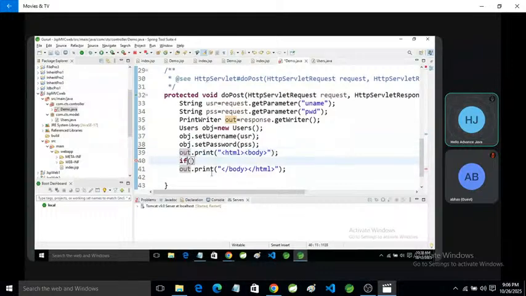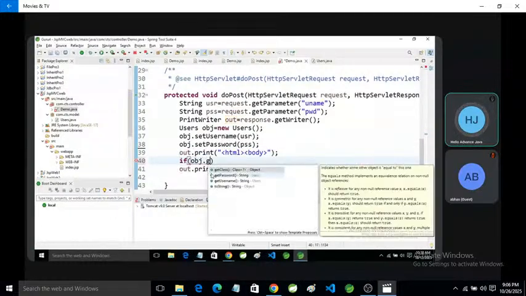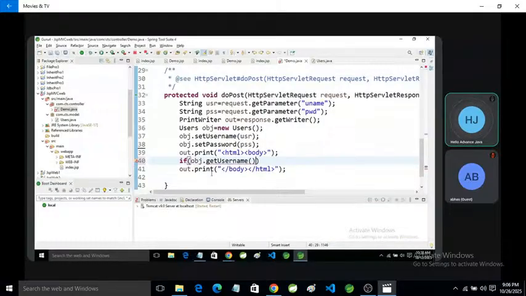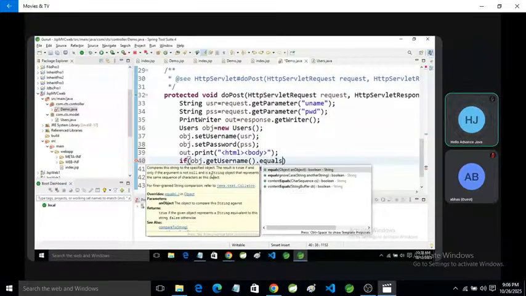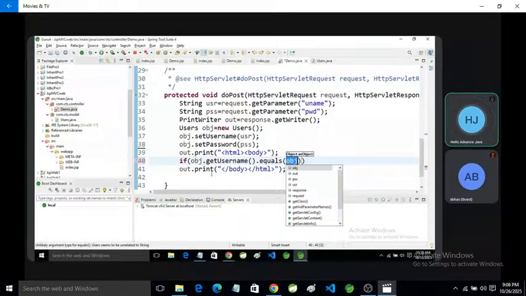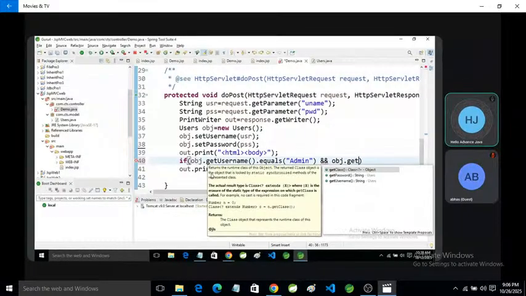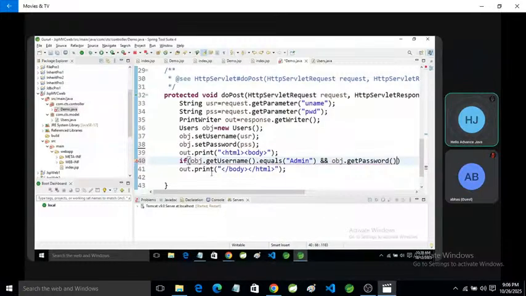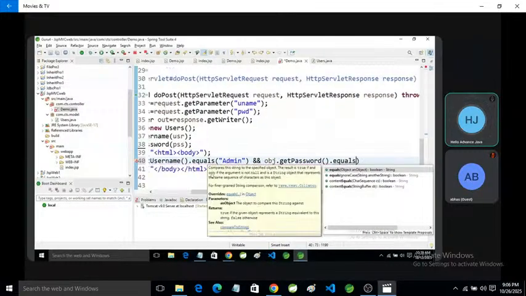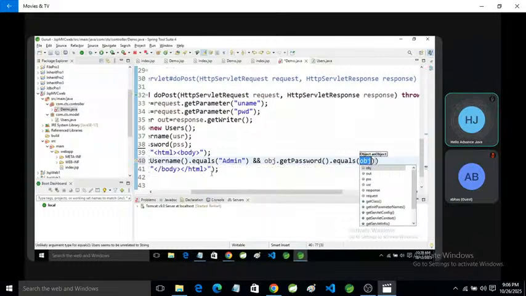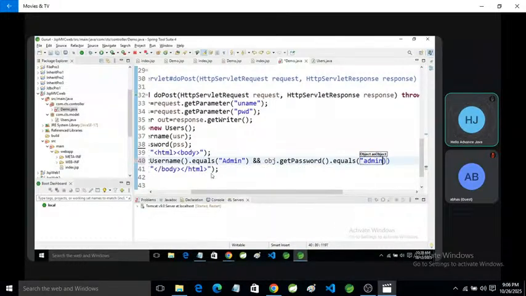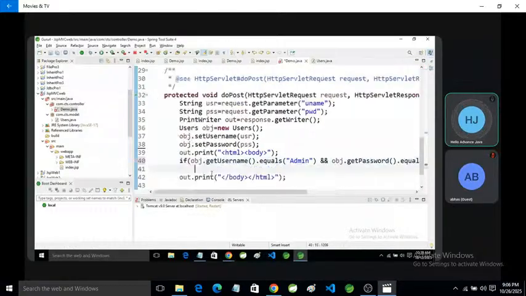Okay. After that we can check it. We can get this value from the object. So obj dot get username dot equals, here admin. You can specify any username and password. And obj dot get password dot equals, and here I've declared admin at the rate 123, as you like. You can declare any password. Okay.